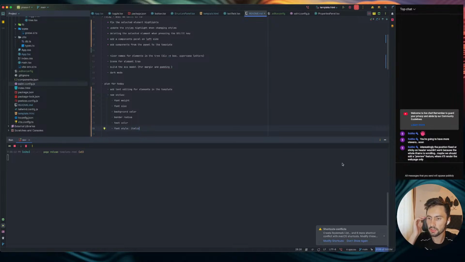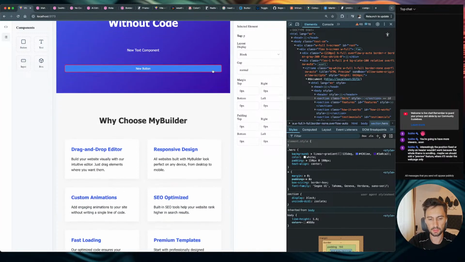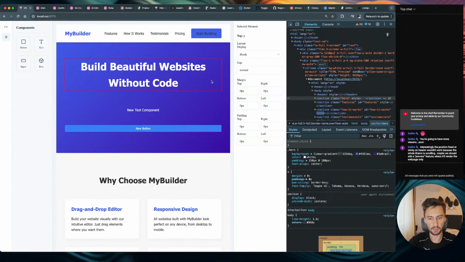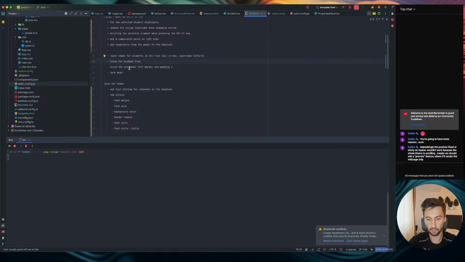Let's see. Interesting. The position fixed or sticky on header wouldn't work because the whole iframe is scrolling. Maybe we should add a preview feature. Yes, exactly. We need that. So if I'm scrolling right now, since we display the entire iframe from top to bottom, and we do the scroll in the builder, the scrolling doesn't work for the HTML page. If I open the HTML page separately in a page right now, since we don't have a preview button, as you said,